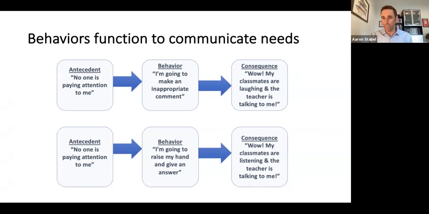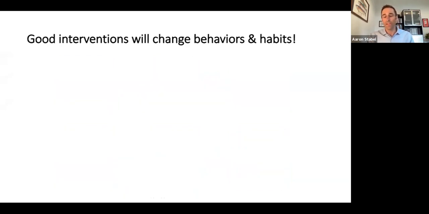The point here is that these patterns of behavior are learned over time and they can be taught. And so what we want to do as part of our behavior plans is design environments that promote more adaptive skills. This is how we learn. The next thing that we want to consider after context and function is that we can change behavior.